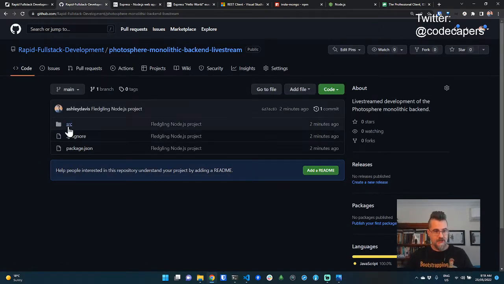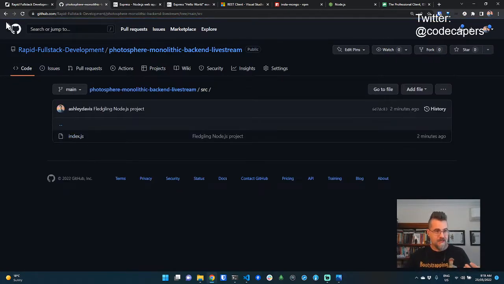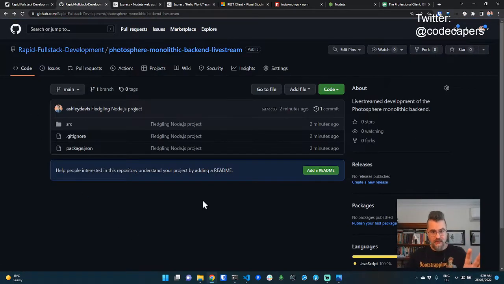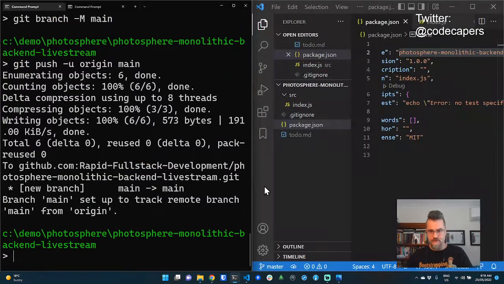you'll see there's some code here. There's the source directory that I added. If you look under there, you'll see index.js. My code is there. I should have a README. I'm going to add a README to this later, probably after the live stream, so you don't have to watch me typing that out. All projects should have a README, of course, that explains how you get into it, how you get started, and what you have to do to run this thing. Very, very important to have a README. I'm going to add that pretty soon after this live stream.